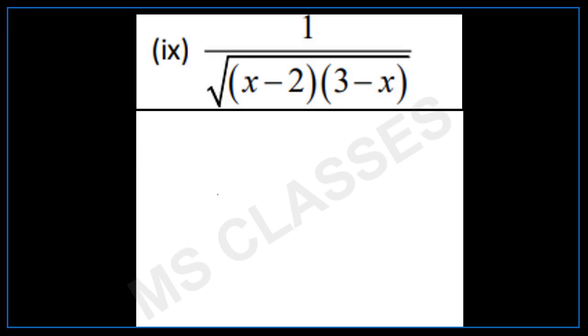We are trying to find the domain of f(x) equals 1 by under root of (x minus 2) into (3 minus x)... Now, this function will be defined when this whole product is greater than 0. So write down: the given rule of correspondence will be defined